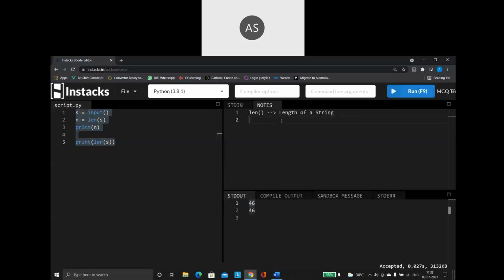How am I going to do it? This is how I get the value from the user, store it in n, print the n, or print it directly. Both ways are good. So this is my method 1, or way 1, and this is my second way. I can use whichever way I like.